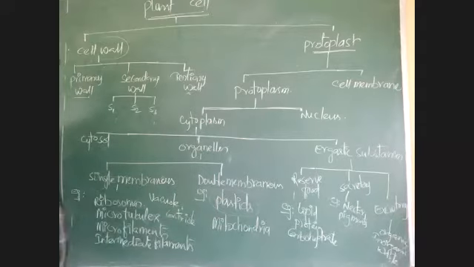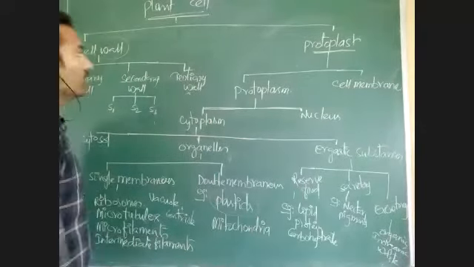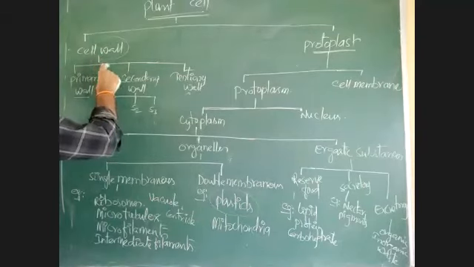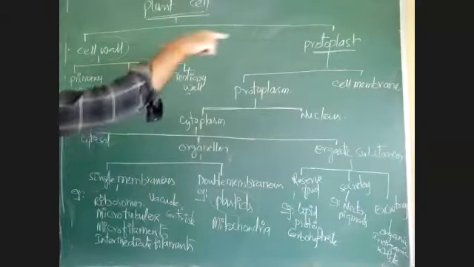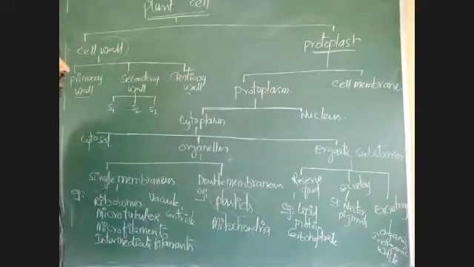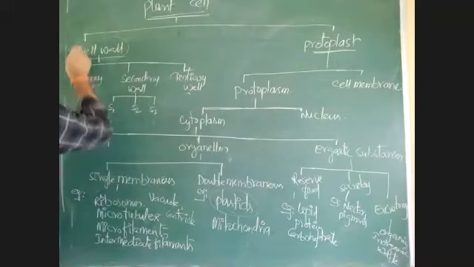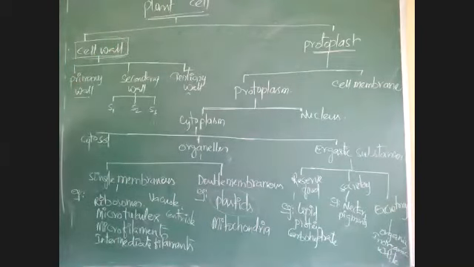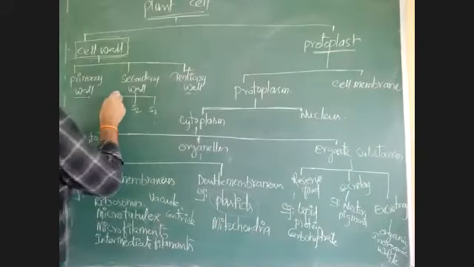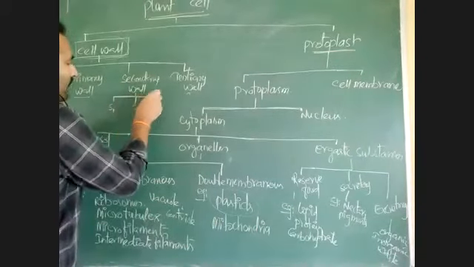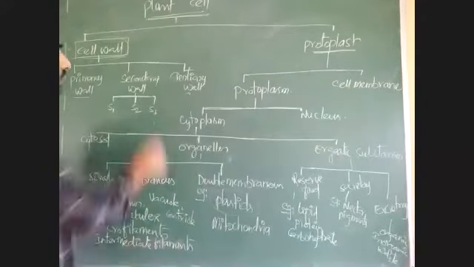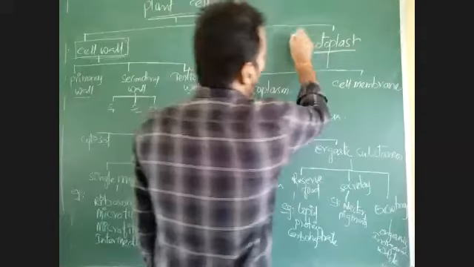So now the total cell is divided into two parts majorly. One is the cell wall, the outermost layer. Except the cell wall, the remaining total cell is called what? Protoplast. The cell wall is again made up of three wall layers: primary cell wall, secondary cell wall, tertiary cell wall. Secondary cell wall is again divided into three wall layers, which are S1, S2 and S3 wall layers.